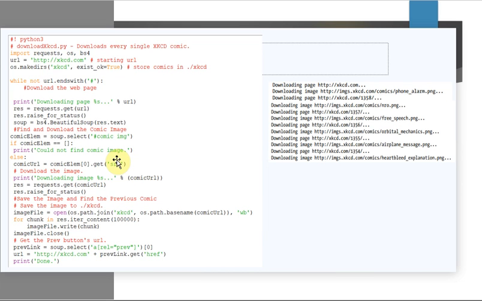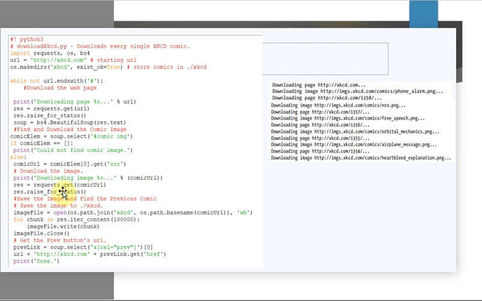So when this happens, the program can just print the error message as given here, and move on without downloading the image. Otherwise, the selector is going to return a list containing one image element. So you can get the source attribute from the image element and pass it to the request.